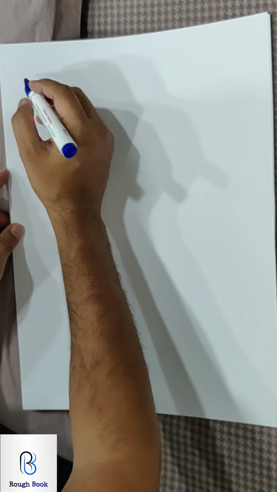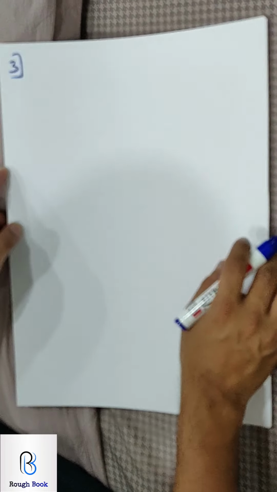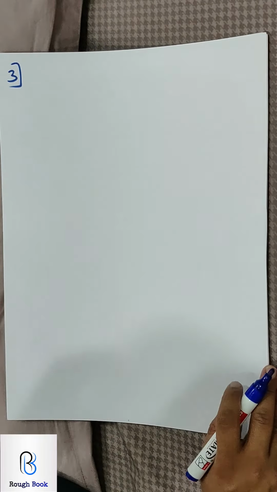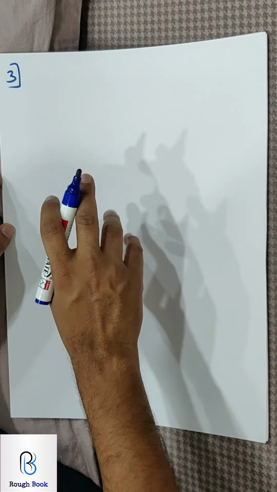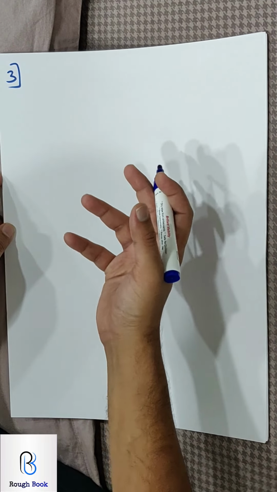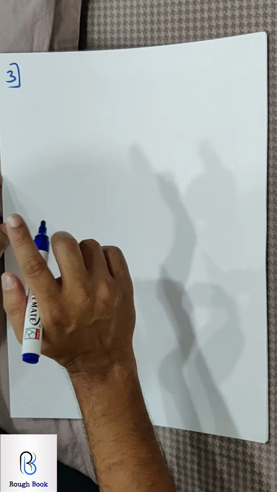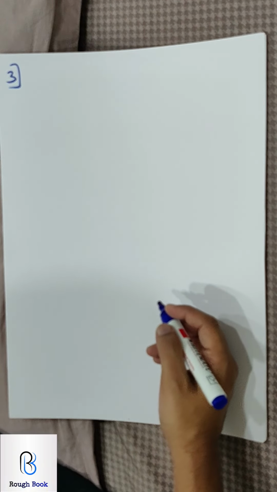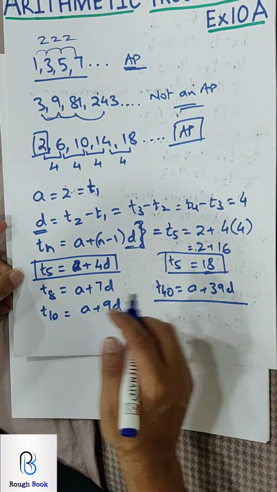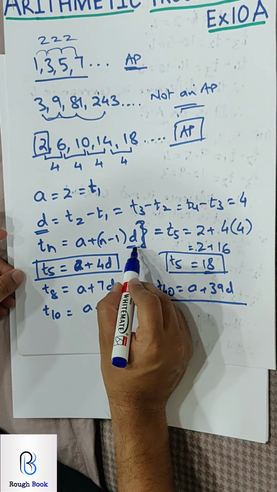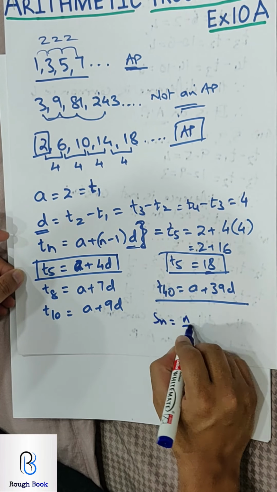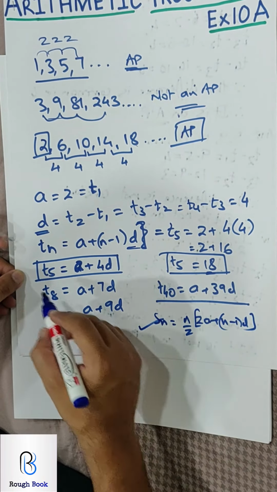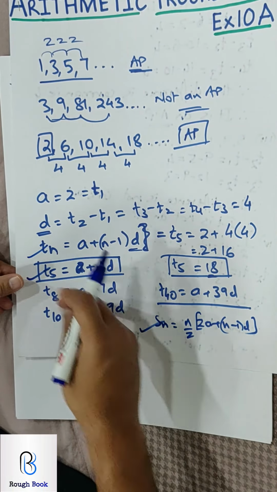I want everyone to try with sum number 3. Sum number 1 we will do it later. First I want you to go to sum number 3 and then later on we'll come back to sum number 1 right at the end. So try to understand how to convert the English into AP language. That is, what will be your first term, what will be the common difference. I hope you remember the two basic formulae. Number 1 was Tn. We did it right at the beginning. Tn is equal to a plus (n minus 1) into d. And number 2 is Sn equals n by 2 into [2a plus (n minus 1) into d]. So that is for the sum and this is for the term number. I hope you remember both the formulae.